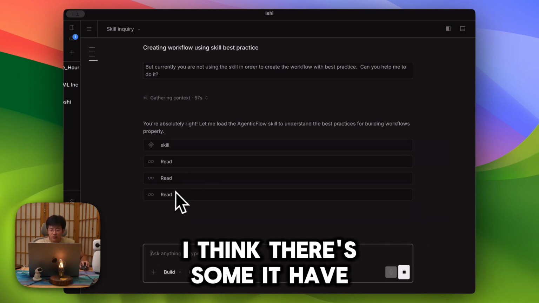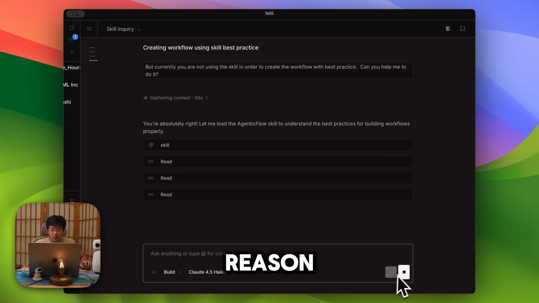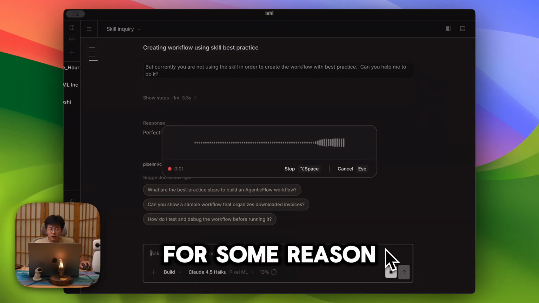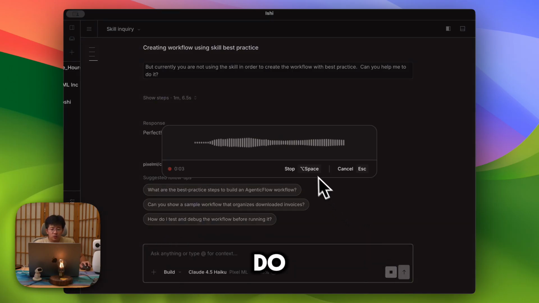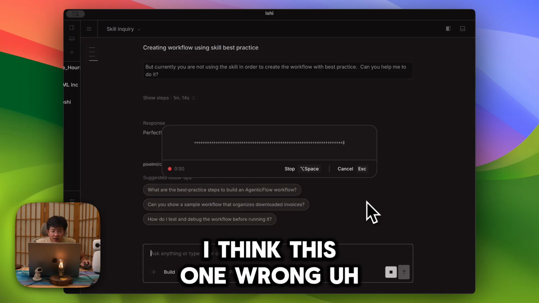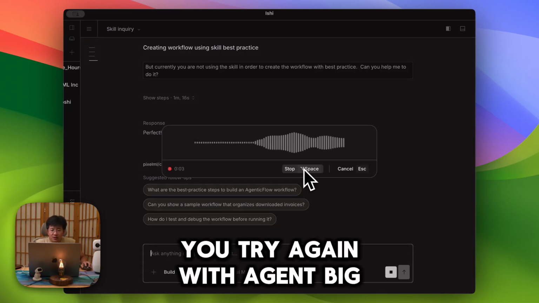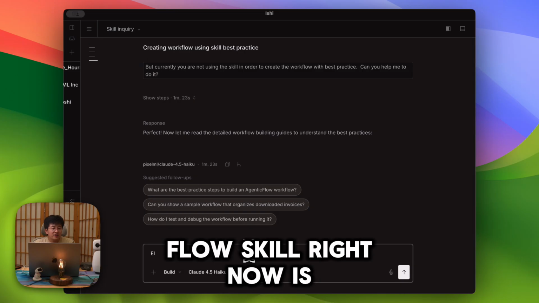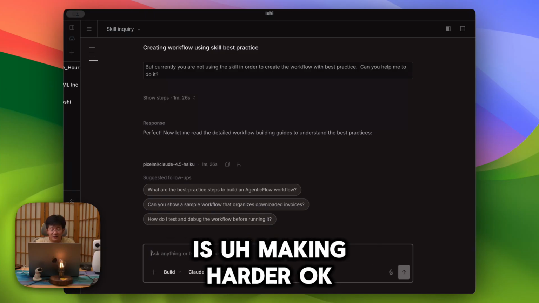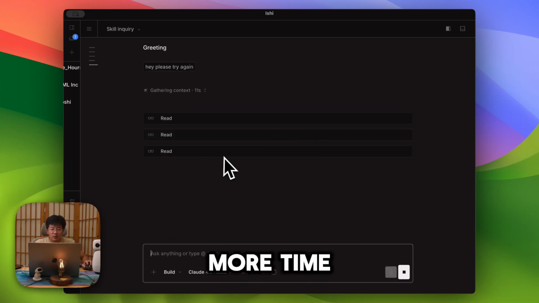Okay, I think it has been stuck here for some reason. Let me stop. You were stopped for some reason. Can you continue what you just did? I think it's wrong. Hey, you try again with the AgenticFlow skill. Right now it's making a header. Okay, maybe it should take a bit more time. Let me go to